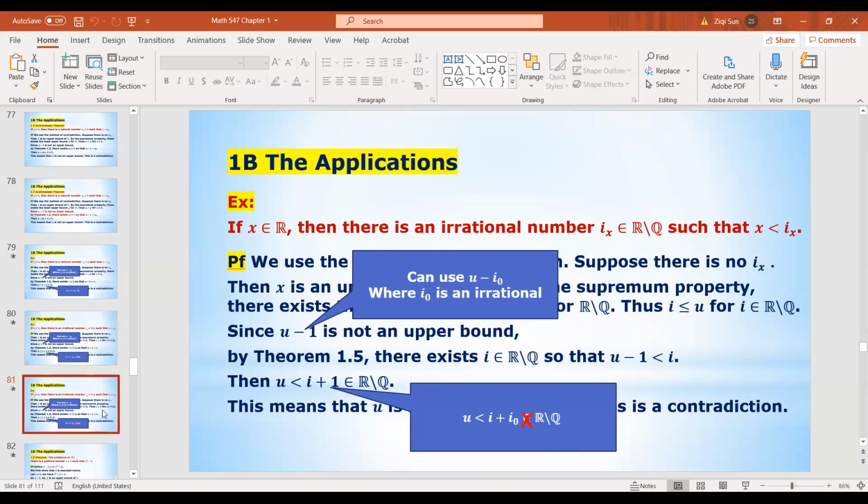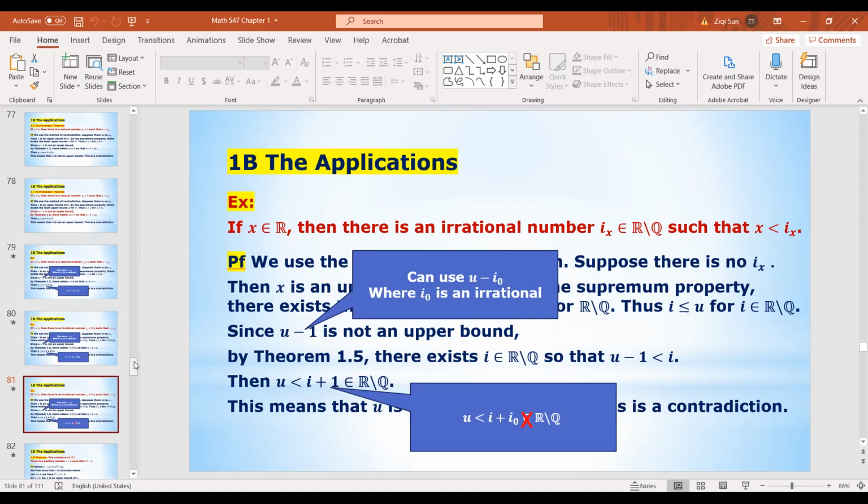suppose you want to bound x by an irrational number, the same kind of proof. And I also indicated the difference between these proofs. Now, suppose I have a similar problem. If I ask you to handle this from the beginning without using the Archimedean property, you can proceed in this way, okay? If I ask you to prove things like that using the Archimedean property, then you should not go this way. I mean, you use the Archimedean result to establish the new result, which I'm going to show you